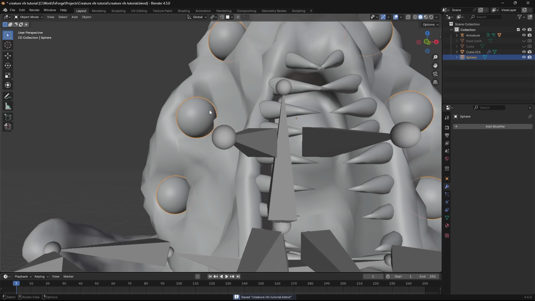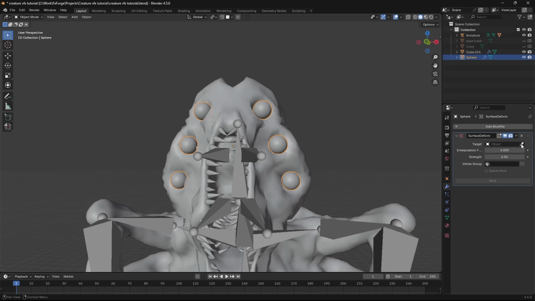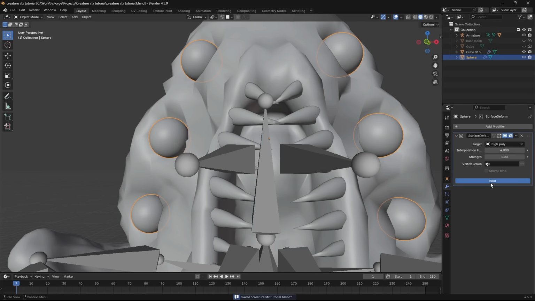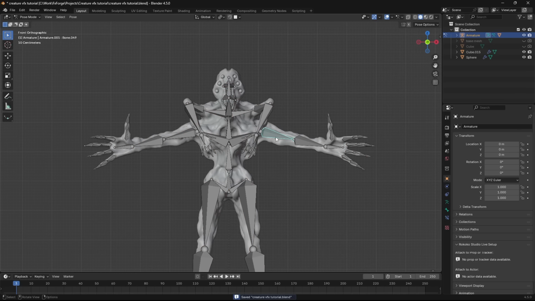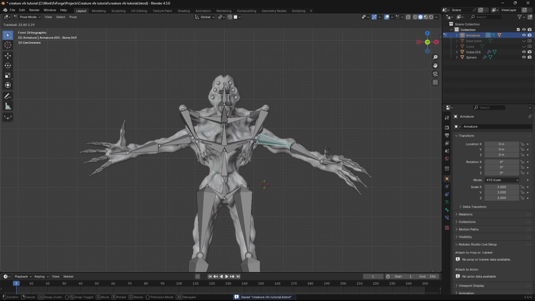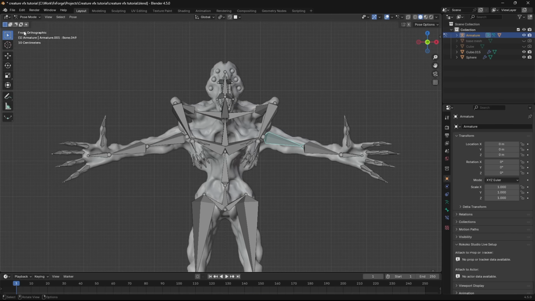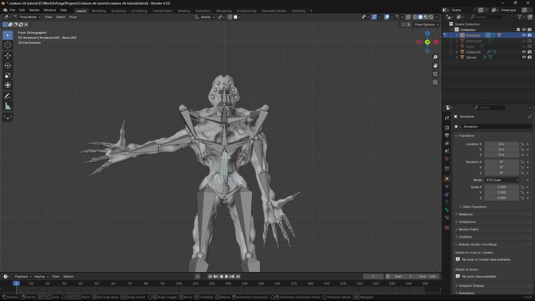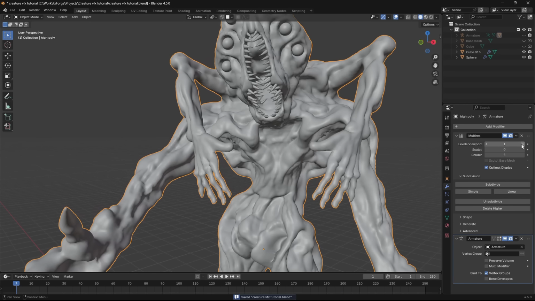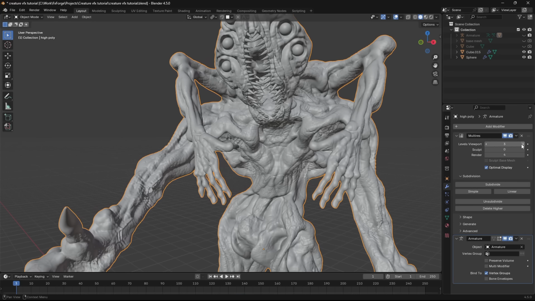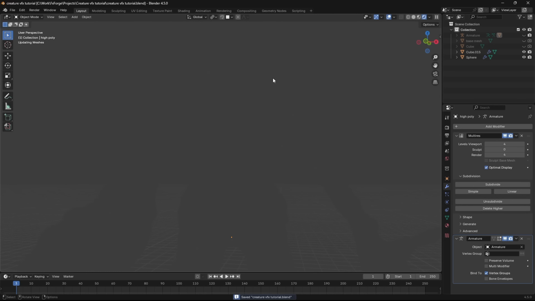Let's do the same for the eyes here. So surface deform, select the mesh there, hit bind, and there we have it. So basically what we can do is just animate this armature here with the low poly version of our mesh. And let's see if we pose this a little bit. When we're rendering, what we're gonna see is the higher poly version like this. So it's both responsive in the viewport so that we can animate it, and we have all of this nice